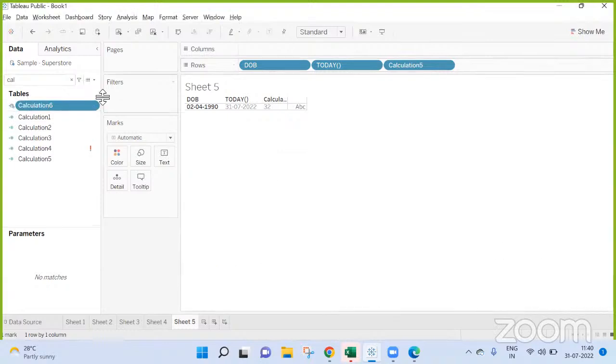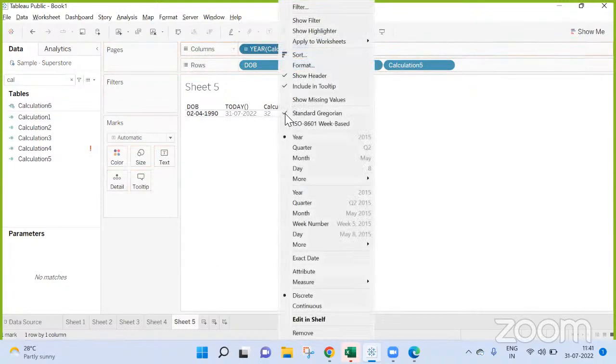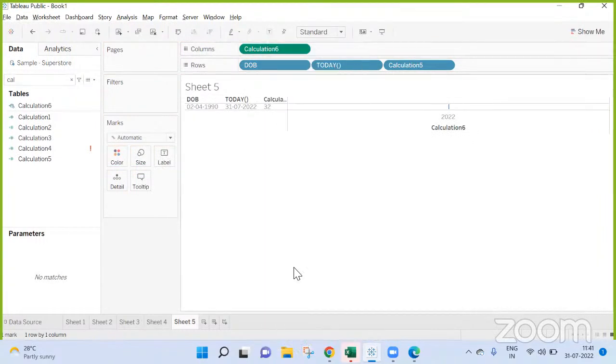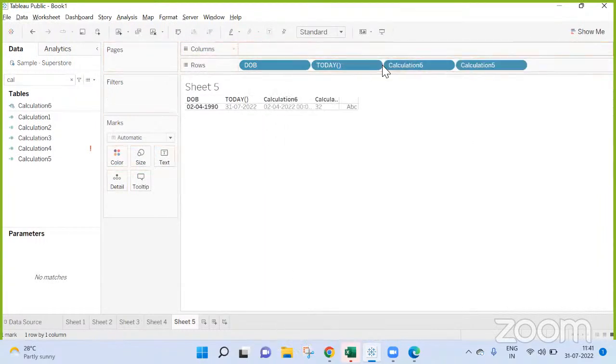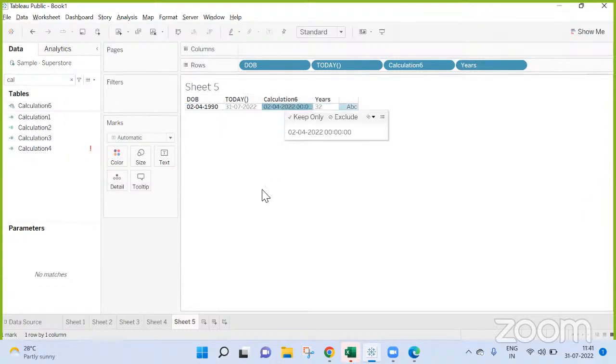Now here if you see, I am bringing this here, exact date. Now my data, from here to here, on the day he approached, 20/04/2022, he has reached 32 years, right? Now the years part is complete. The calculation 5, I can rename this as years. Does everyone agree with this? Till this date, he has reached 32 years.